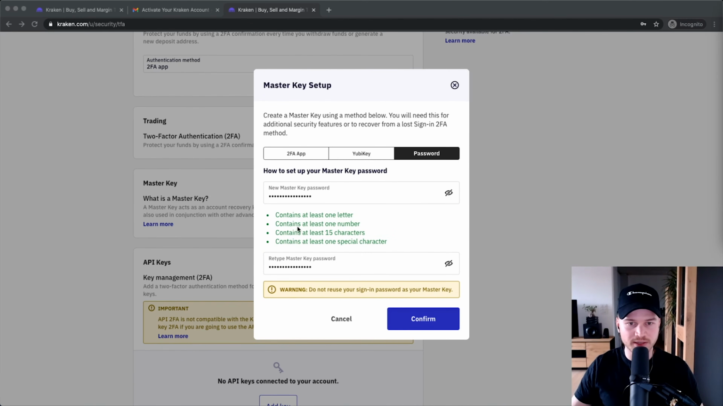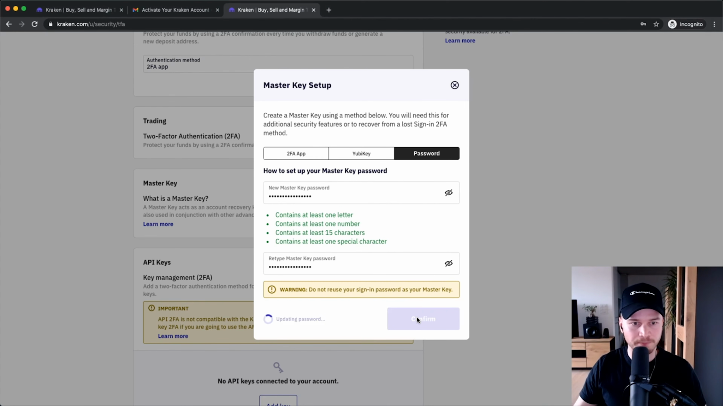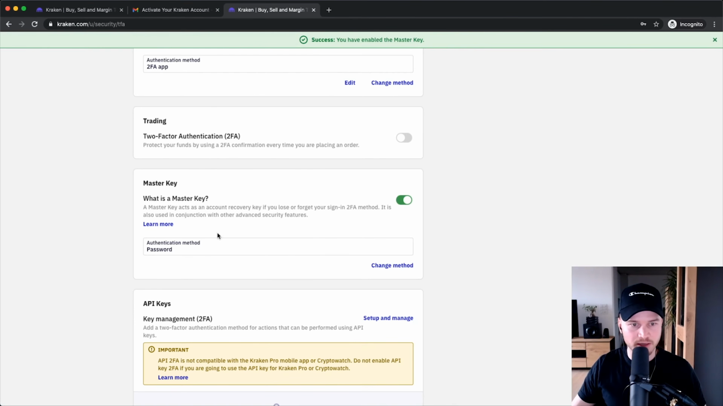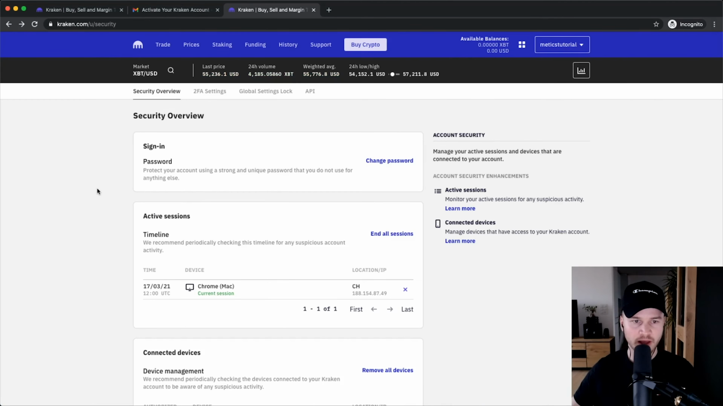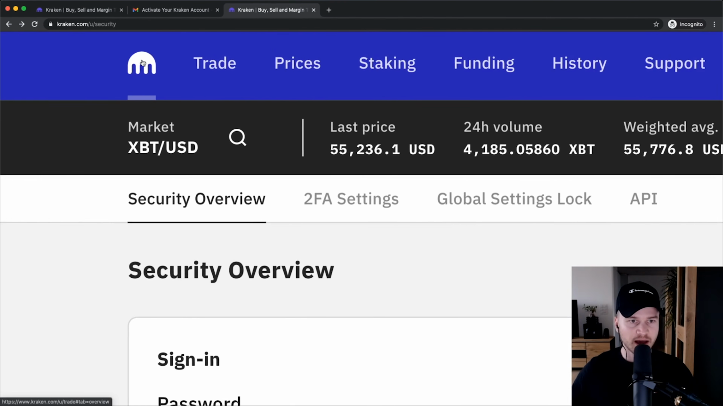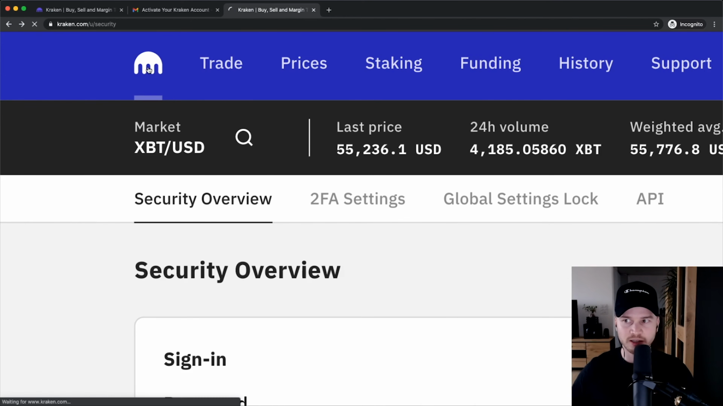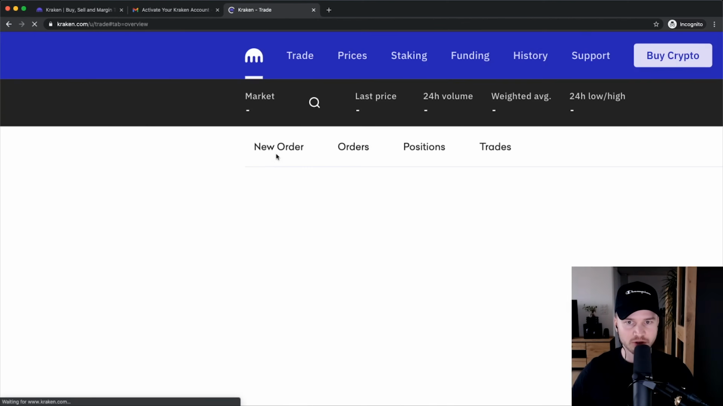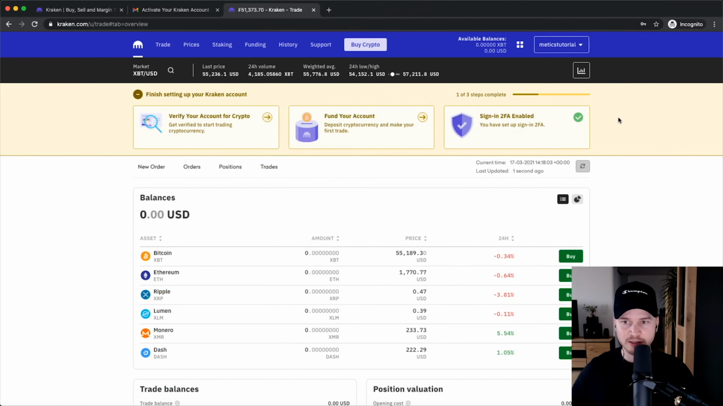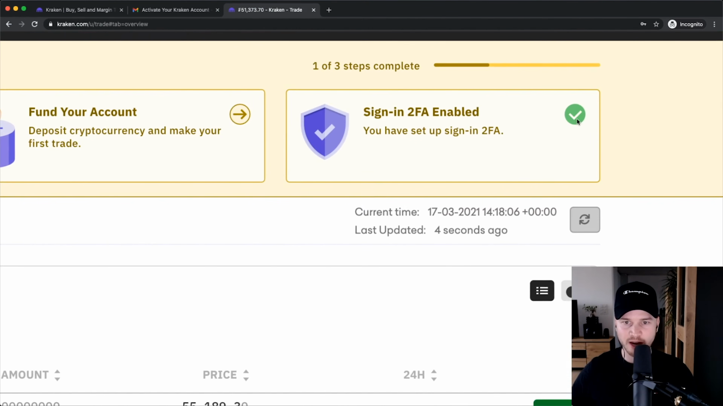So then once you have decided on a password and you have written it down and put it somewhere safe, you can click on confirm right here, and that will set your master key and activate it. So let's now go back to the overview screen by clicking on the top left Kraken icon that you see right here, and that will take us back to the overview. And as you can see here, we have now a green checkmark where it says sign in 2FA enabled,